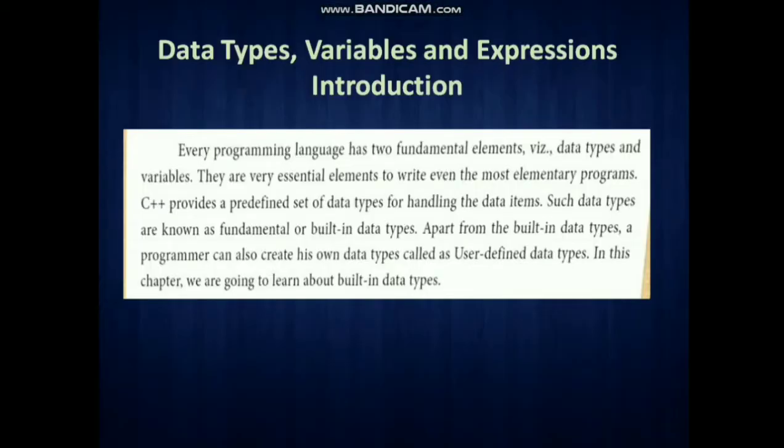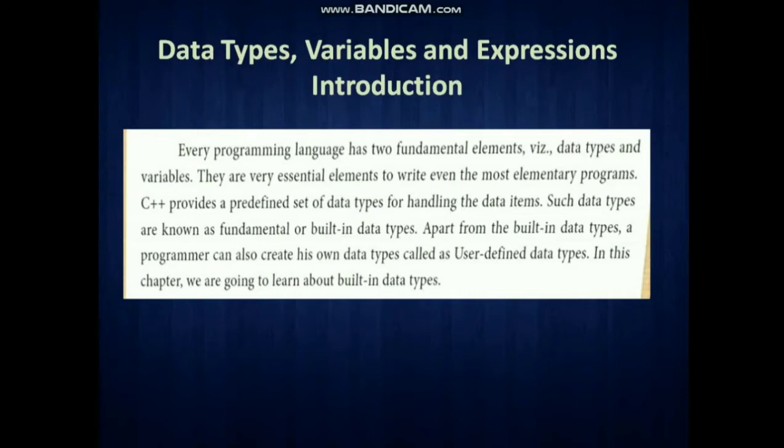First, what do data types mean? Every programming language has some fundamental elements. What are they? They are data types, variables, and expressions.